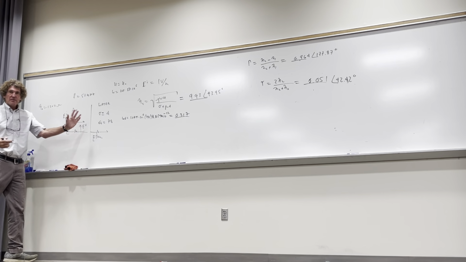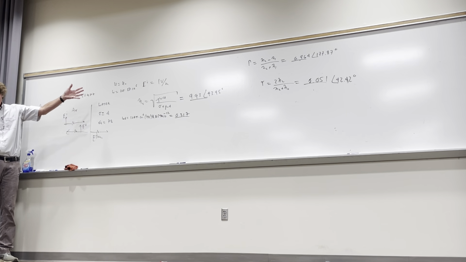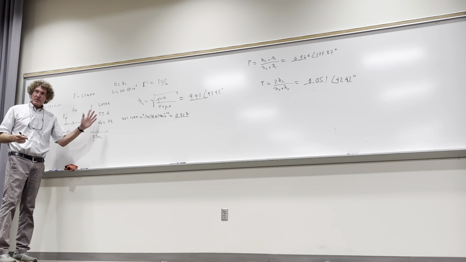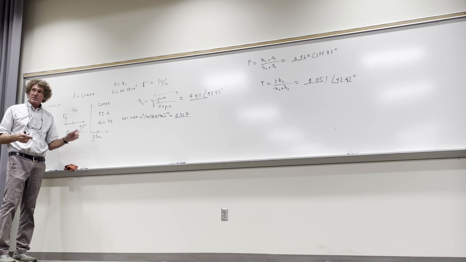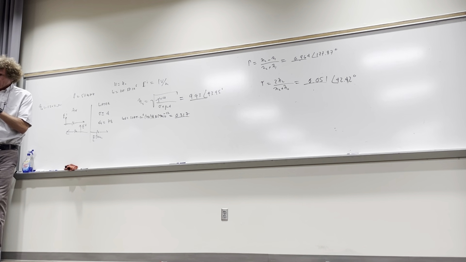You have an incident wave, and the reflected wave's magnitude is just the incident wave times the reflection coefficient, right? Y'all follow me on that? You can do this in magnitude. What's transmitted is just the transmission coefficient times the incident field, right? Now, if we're talking about a ratio, and I think the problem said a ratio of the amount of power